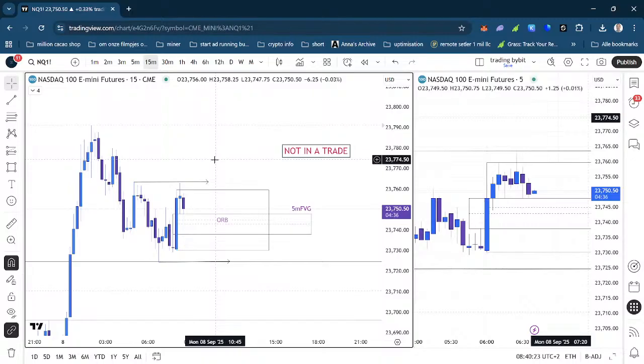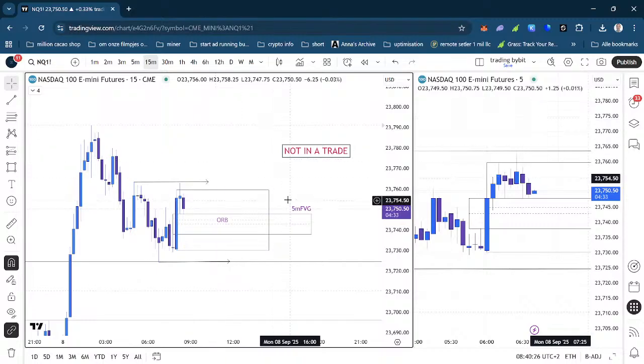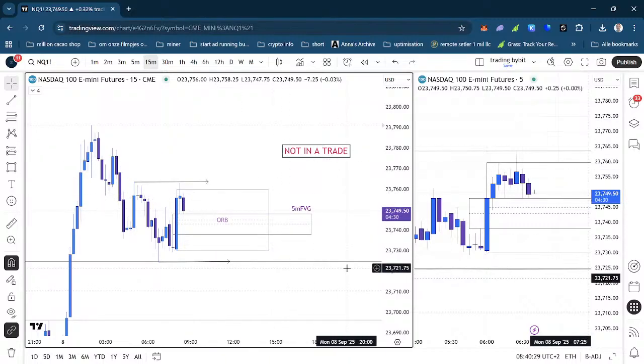Crypto is fully separated, and crypto is still a little bit more, how do you say it, volatile. So investors prefer to do something they know, and those are real businesses. NQ has a real business, so these are real companies we can trade on, and they already hold value in the real world. Crypto holds a bit of value in the real world, but not as much yet as NQ, because NQ is a business, actually 100 companies.